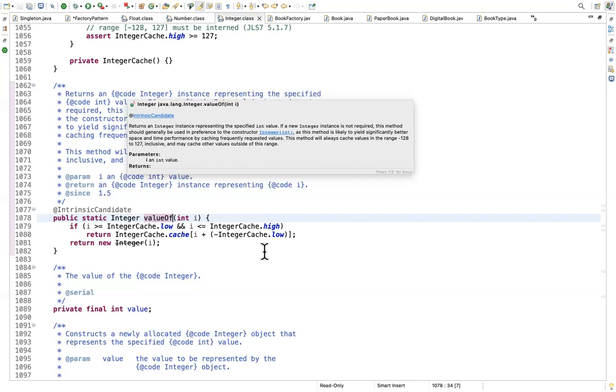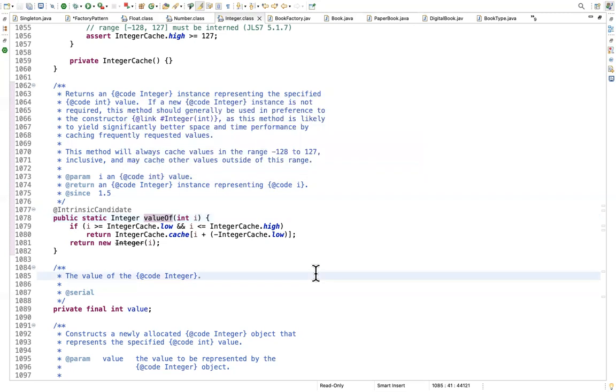So singleton pattern basically restricts object creation to only one time. And your factory pattern is, instead of having paper book equal to new paper book created multiple times, you create your object at runtime based on the parameter being passed to you. So this is one way you can create your factory pattern. Basically your factory is an umbrella, and within that umbrella you can have any number of objects or types you want, and then create the references at invocation time. Your wrapper classes also follow a similar structure.